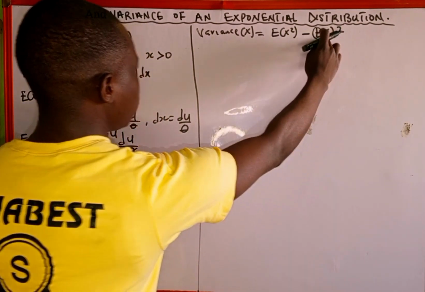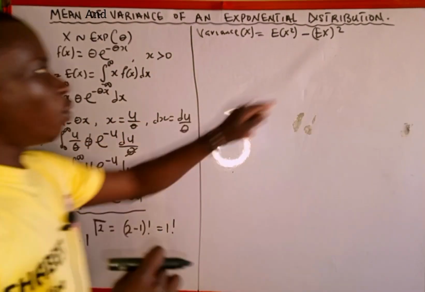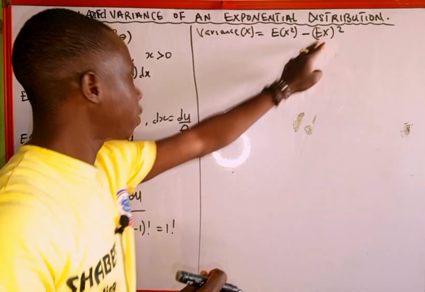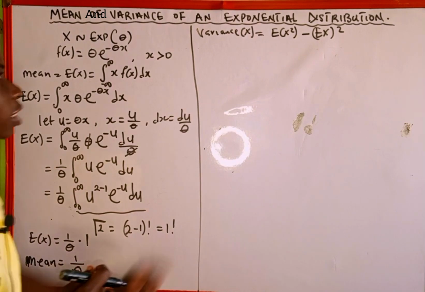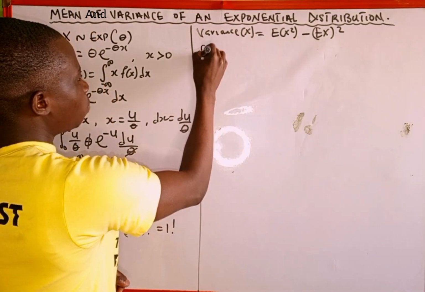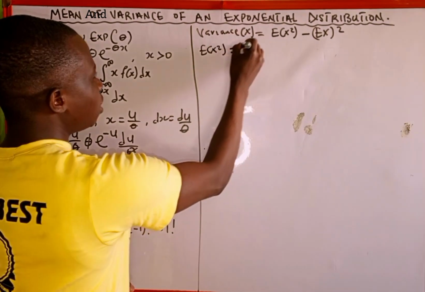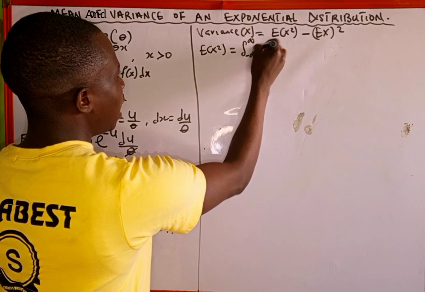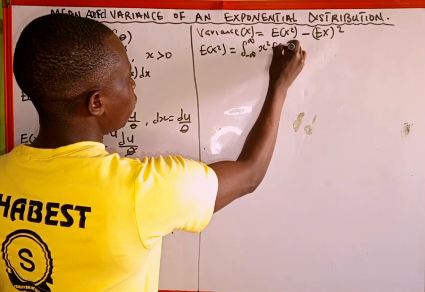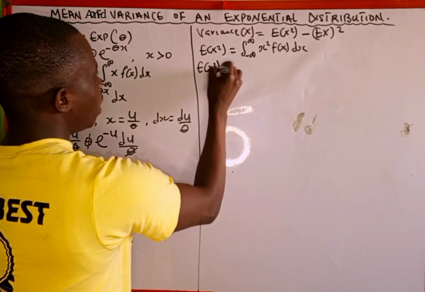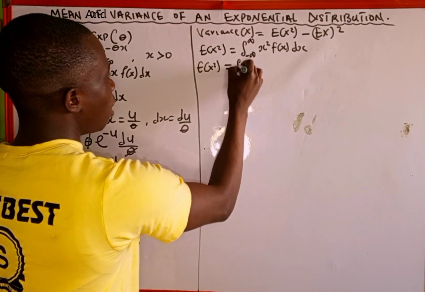And this expected value of x is the same as the mean, which we have already found, so we just substitute it and square it. So we are going to look for the expected value of x squared. The expected value of x squared is the same as the integral from negative infinity to positive infinity of x squared times f of x dx. So that the expected value of x squared is equal to the integral from